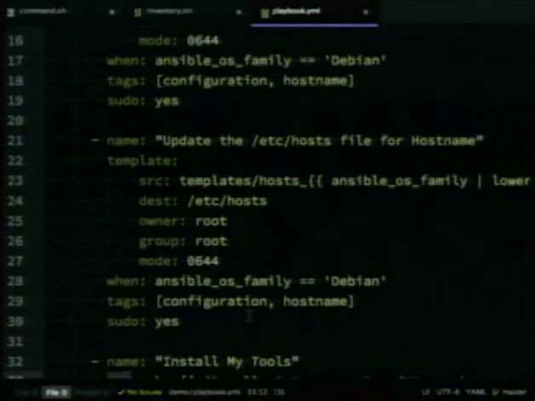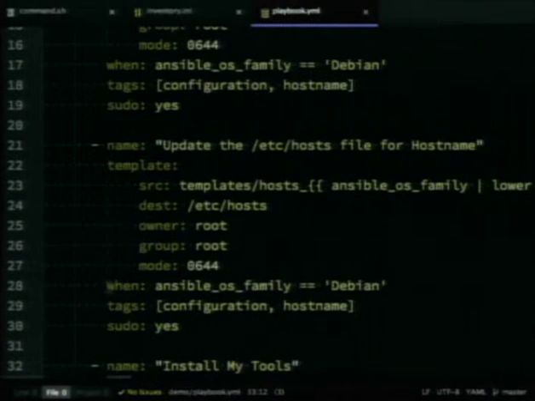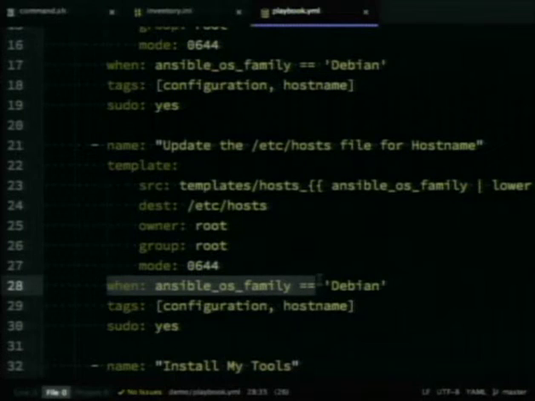Going back up a little bit, we'll take a look at this when statement. When ansible_os_family equals Debian. All this is doing is making sure that this task runs on Debian. Now, why would we need to do that? You can have the same task with different versions to run on different platforms. This is a variable.